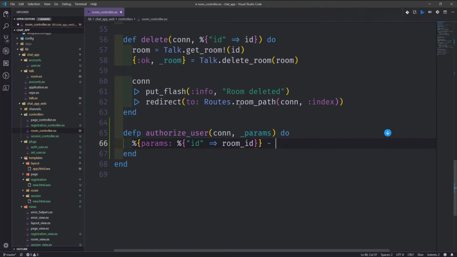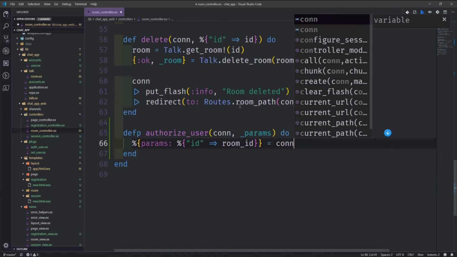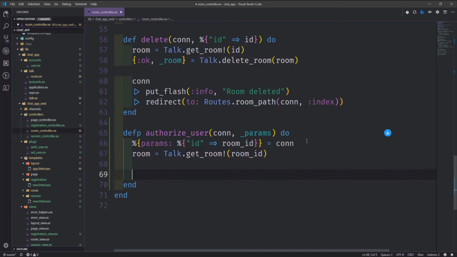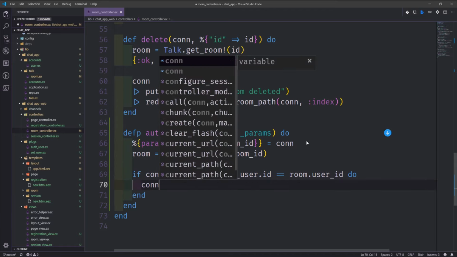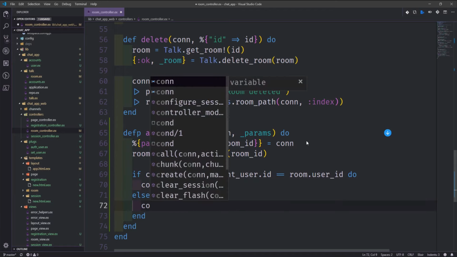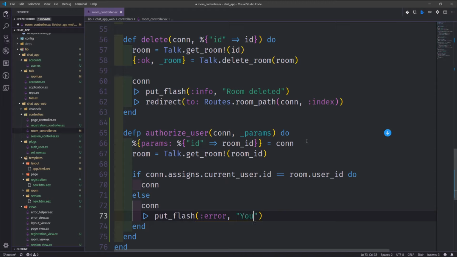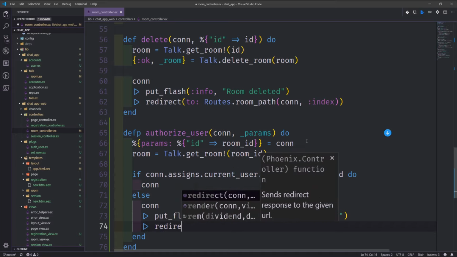And we'll pattern match this with our connection so that we can destructure that room ID out of the connection. Then we can say room equals Talk.get_room, pass in our room ID to get the room from the database, and then we can say if conn.assigns.current_user.id equals room.user_id do conn, else conn